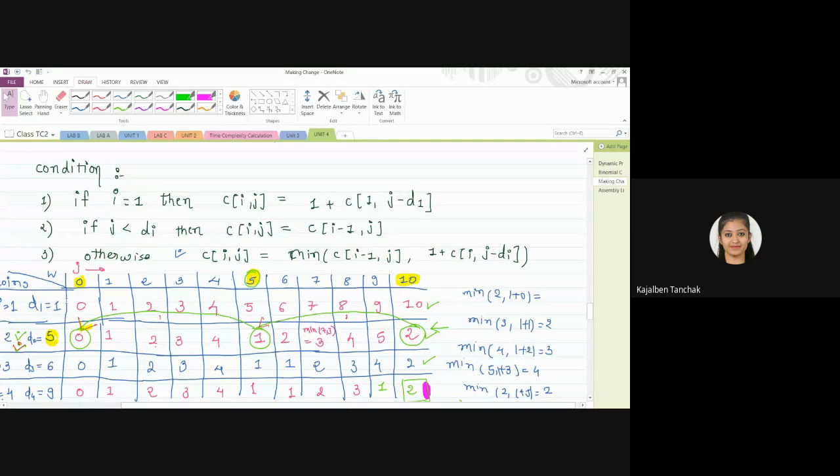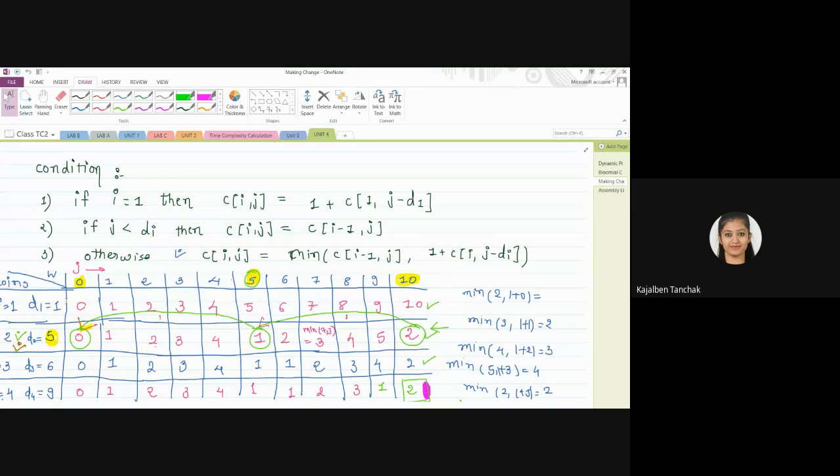And if you are solving the example manually, then it's fine. But when you have to write a program, how will the computer get the previous value? So that will be the question. Sometimes it refers to the previous value. So how will we get the values? For that we have to take I equal to 0, j equal to 0, right? Sorry, I equal to 0, then you have to use infinity. When j is equal to 0, you have to use 0, right? And the rest of the other things are the same.